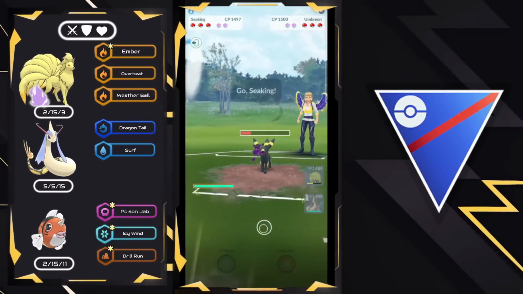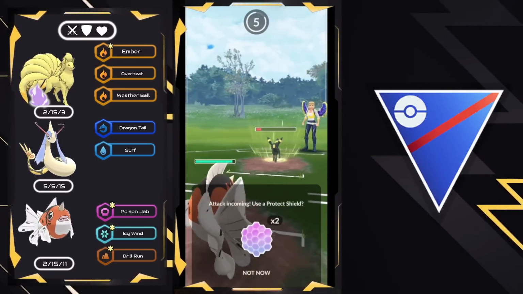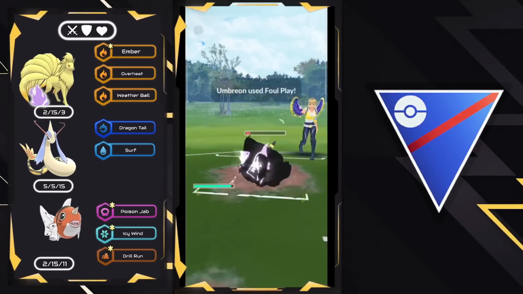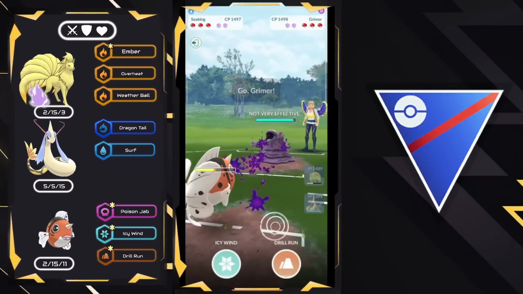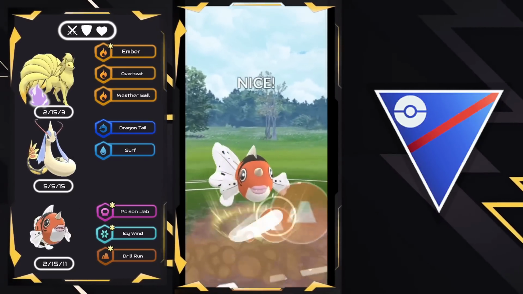But we land the Overheat, and I'm going to go ahead and swap out now into Seaking. Sorry, at the beginning, I swap out either way to clear the debuff because I am concerned there could be Fairy-type Pokemon in the back. So we go ahead and swap out. They bring in a Grimer, and now I'm thinking what you're thinking. There's probably double poison in the back. It's going to be Grimer